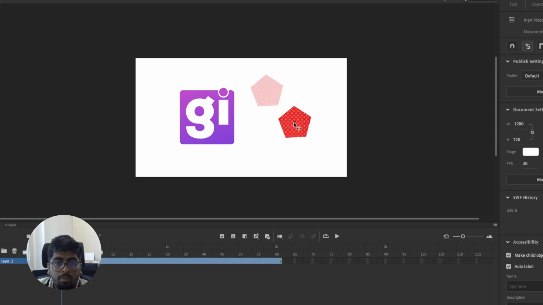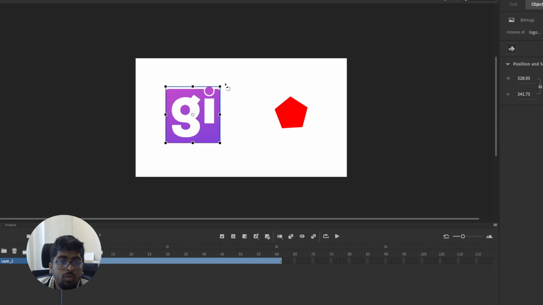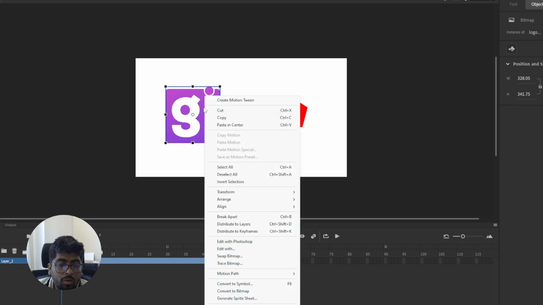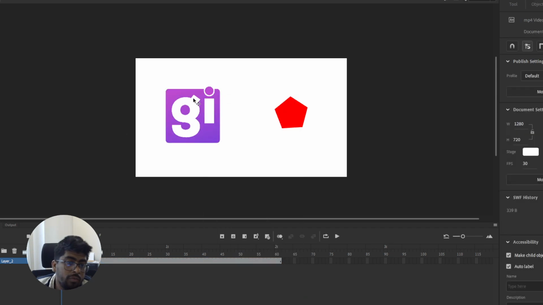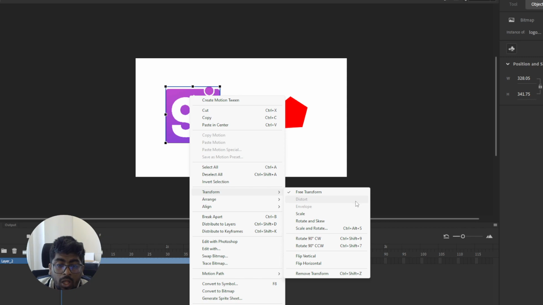Okay, this is the shape and this is the image. I will show you how to rotate both of them. Okay, so first of all click this free transform tool, then select one. You can rotate with mouse drag, alright, as you want. Also you can rotate, click on mouse right side bar, then go to the transform, then